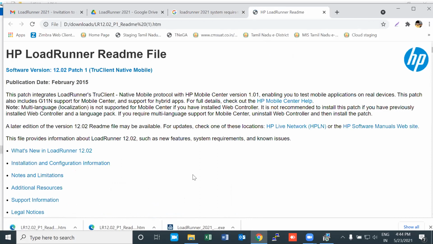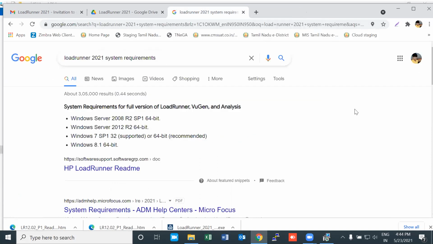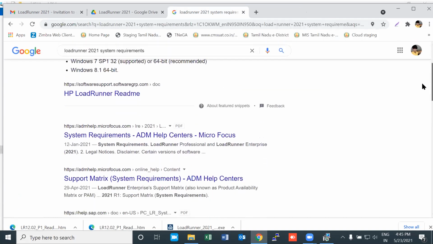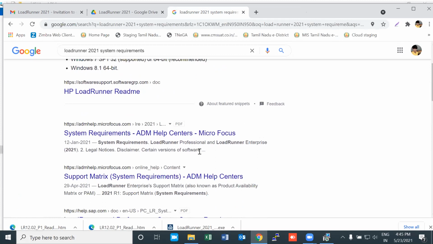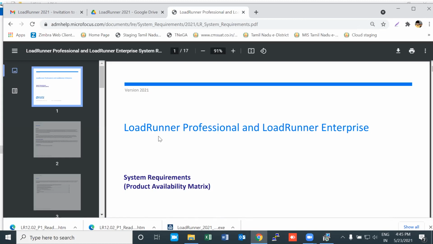No, this is 12.02, right? So not this one. You can close this. Click on the first link. Yes, this one. Here you have 2021. Yeah, that's fine. Let's see which version it shows. So this is version 2021, right?